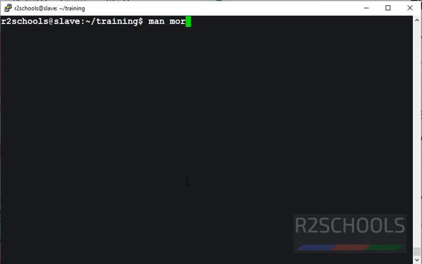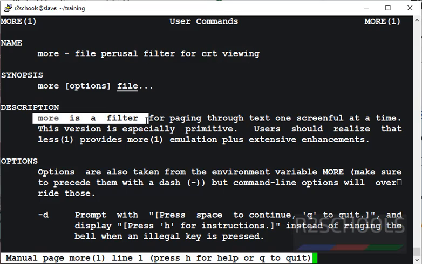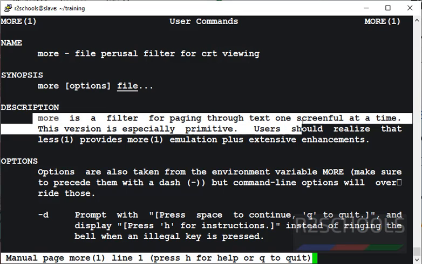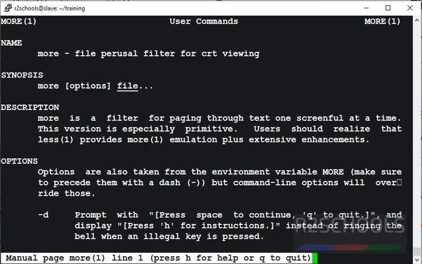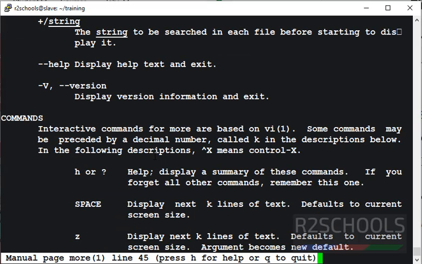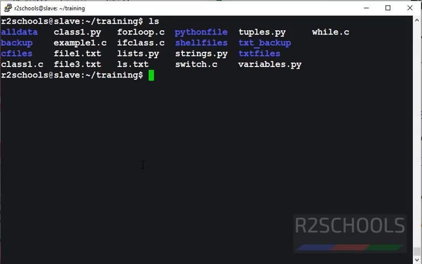man more. More is a filter for paging through text one screen at a time. So we can view the content of a file page by page. This is the synopsis: more, then option, then provide the file name. These are the options. At present, I have these files. Suppose I want to view the ls.txt file information, then use the command more